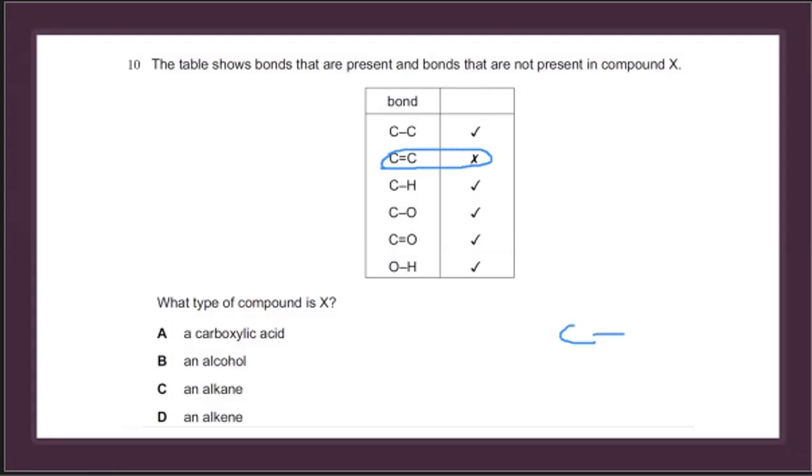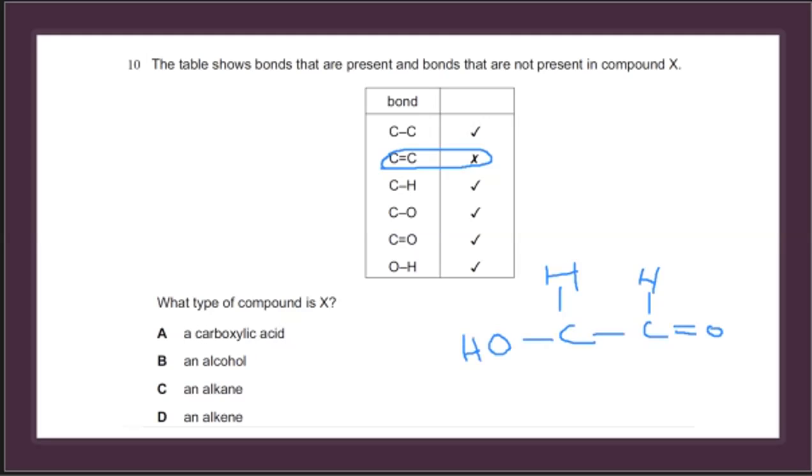It has carbon-hydrogen bonds, so it has a hydrogen added to it. It has carbon-oxygen bonds, so it has C double bond O. It has a carbon-oxygen bond. It has an oxygen-hydrogen bond. Okay,